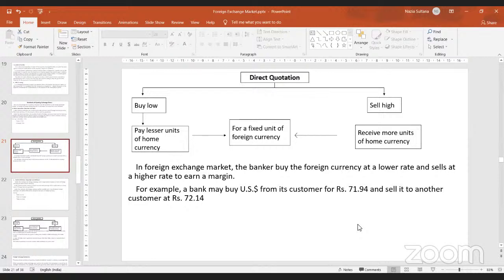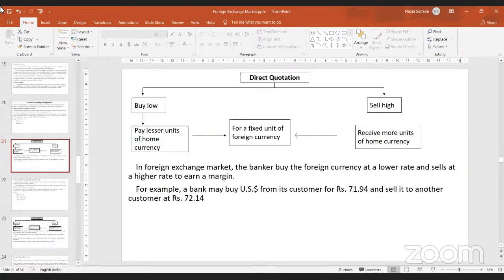So my bank may be buying more dollars from the USA. In case on that particular day I have to spend 71.9 rupees, this is just a random example. Today's rate, if you see, is 81.6766. So if I have to buy dollars today, you have to spend 81.67. But if I am expecting that tomorrow the rate may go up to 82, then I better buy more dollars today by giving less Indian currency.